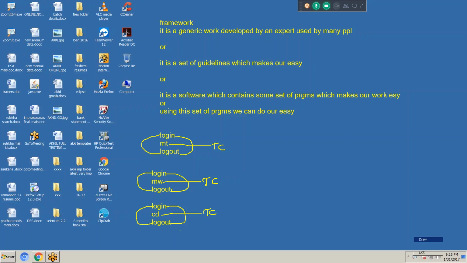Now I want to write these three test cases in a single program. How can I write and run it? First we need to log in, money transfer, cash deposit, log out. I want to write three end-to-end scenarios in a single program. If I write like this, with the framework concept it will execute like login, money transfer, log out, login, cash deposit, log out,